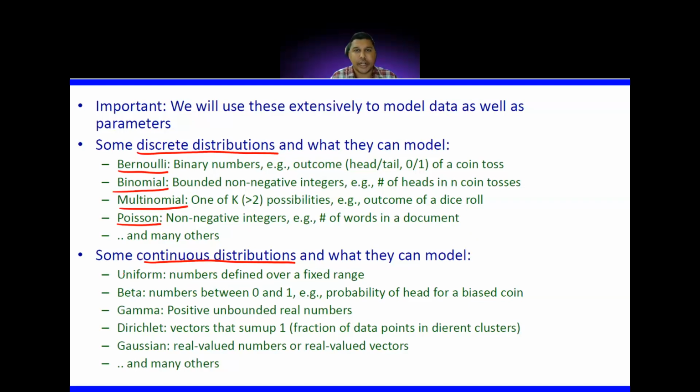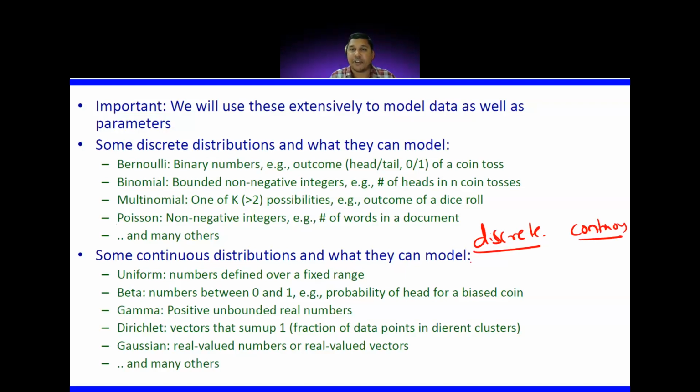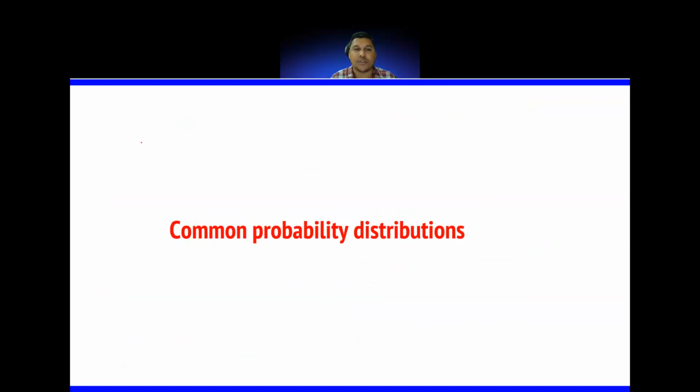Similarly, in continuous distribution, we have uniform, beta, gamma, and Gaussian is one very important. We have so many such kinds of distributions. Before we go, I think I will just quickly repeat what is discrete and what is continuous. In discrete, the values are finite and limited. They are countable. Discrete means when you do an experiment, if you quickly recall what we have seen, when you do an experiment, it has some outcome.